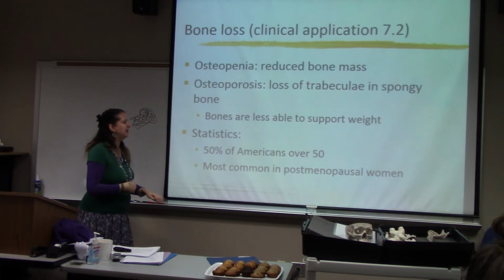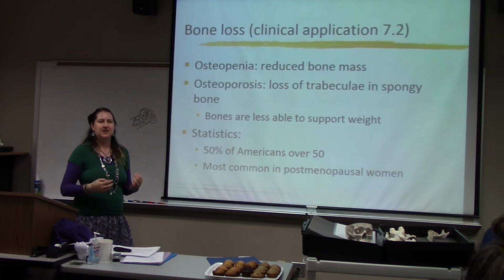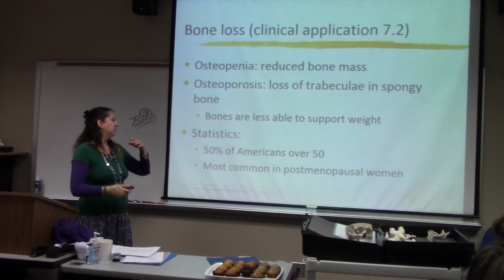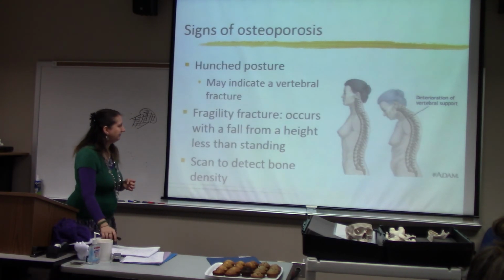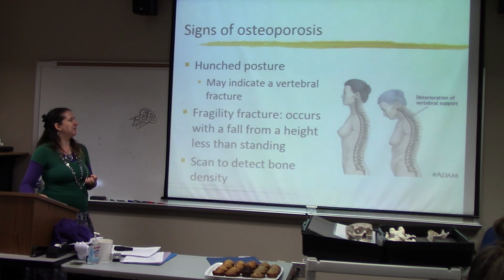It's most common in women post-menopause because estrogen is one of the hormones that stimulates bone deposition. So without it, we're not building as much bone, even if we have extra calcium. Some signs that can indicate if someone has osteoporosis: hunched posture,